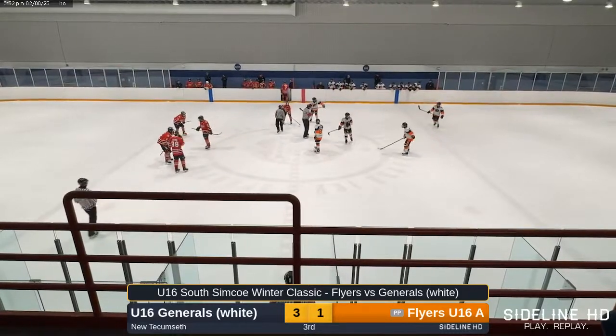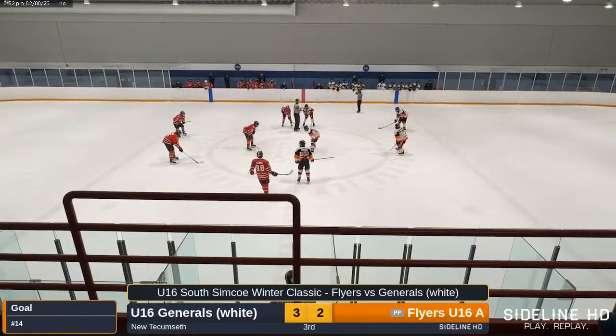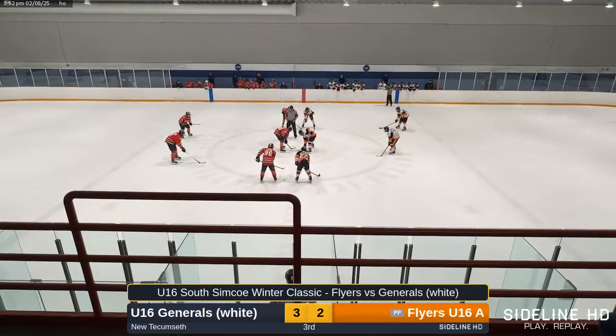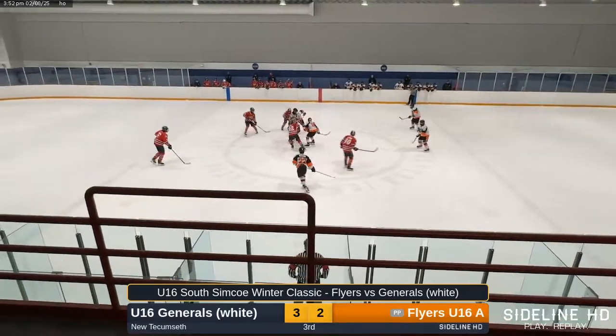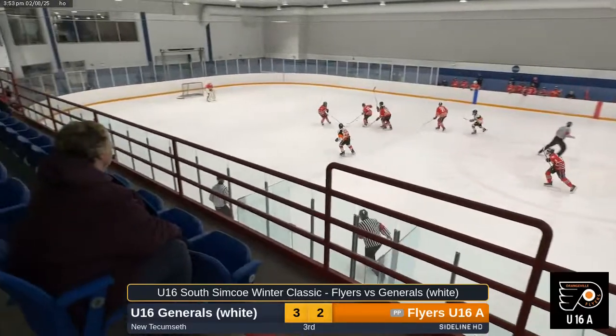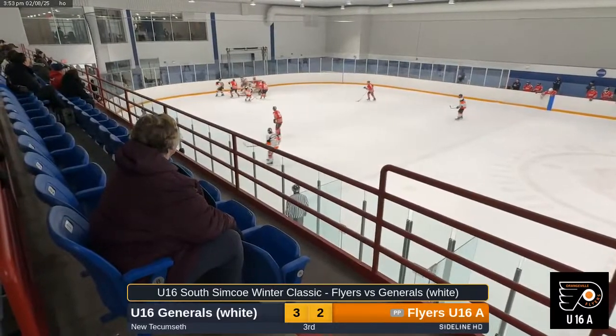Flyers goal scored by number 14, Joe Monas. Give the assists to Brownie and Tribble. Brown on the draw, gets it to Monas, in over the blue line. Lots of traffic. Monas picks up the loose puck, shot off the top of the glove, bounces just over the